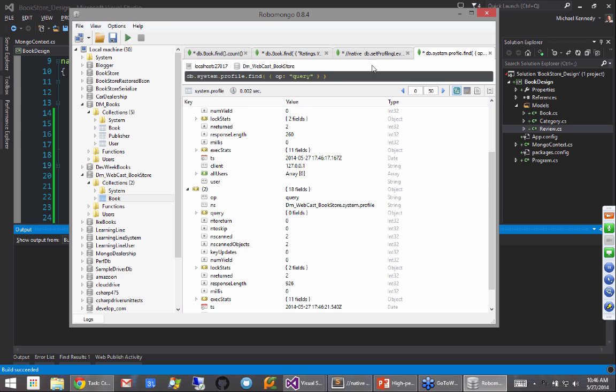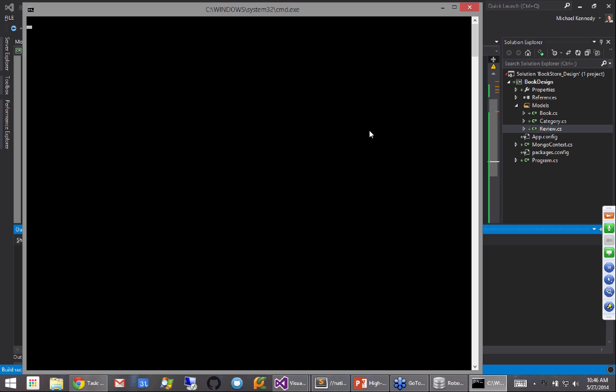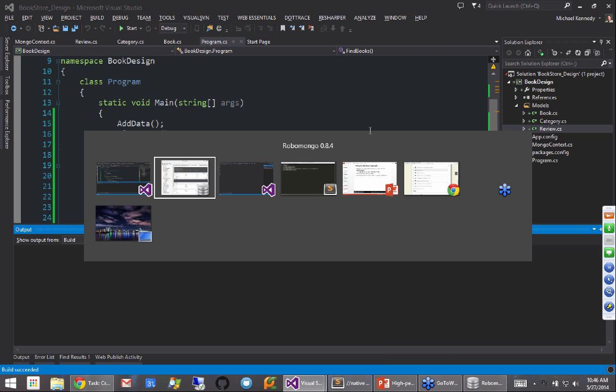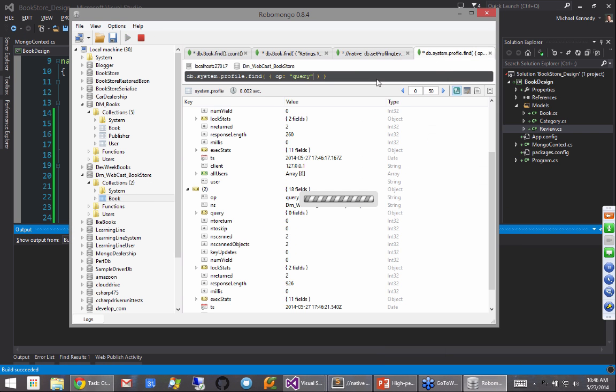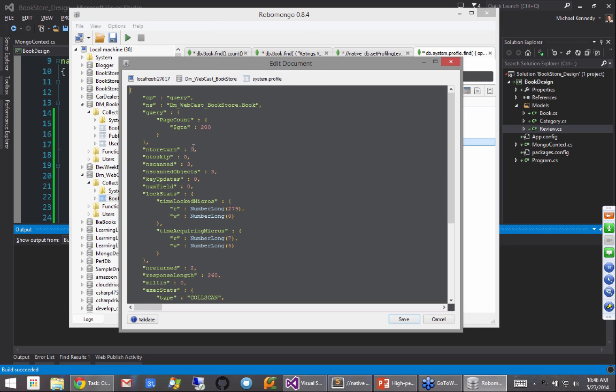Let me run this one more time, because when I did my query, it actually changed, kind of like quantum mechanics, changed what we saw. Okay, so now I have this one query, and you can see that if I open it up, the query is actually for page count greater than or equal to 200. So the LINQ transformation of our LINQ query to over here was perfect.